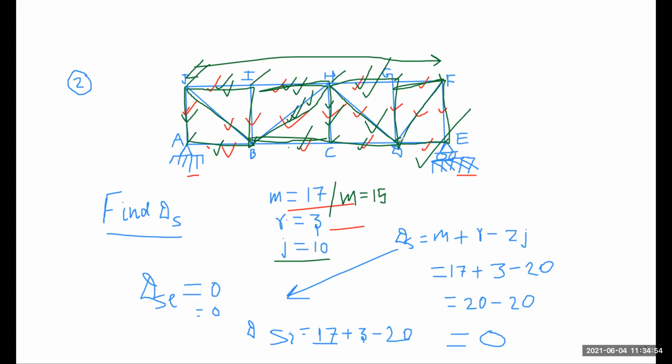I have just modified this problem. So is it clear to everyone? I think I discussed this problem in a very simple manner. I also counted the number of members, the number of joints, and the number of reactions. So I think it is clear to everyone. Yes, sir. Okay, so just wait.